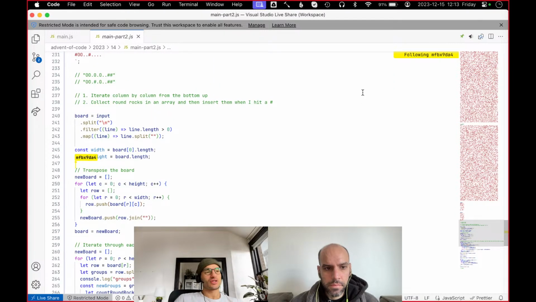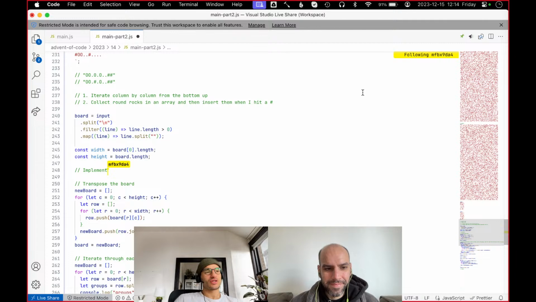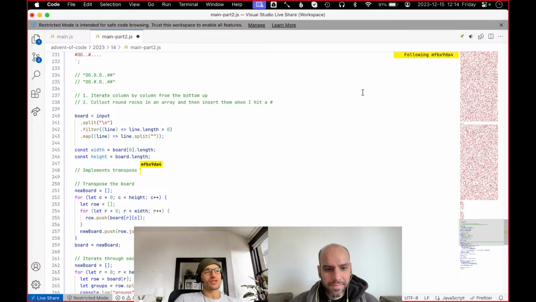So currently it takes the board and then transposes it, and then I think it should transpose it back. So it basically implements transpose,